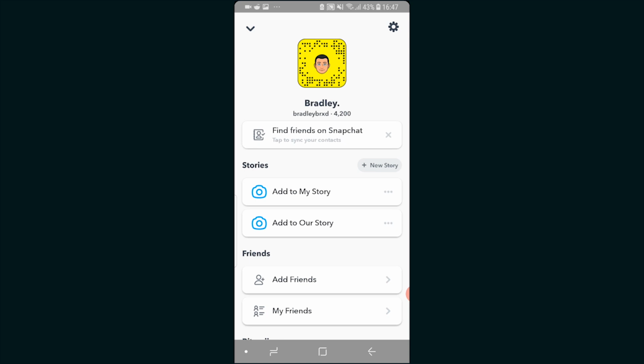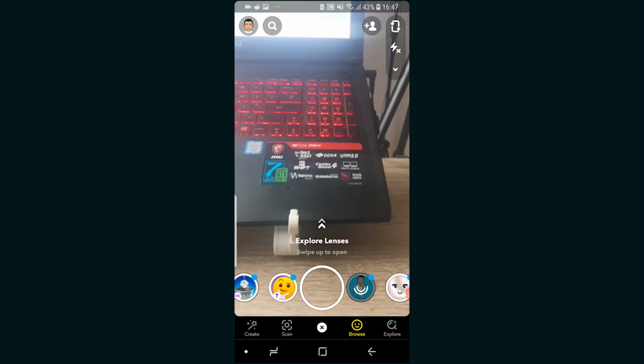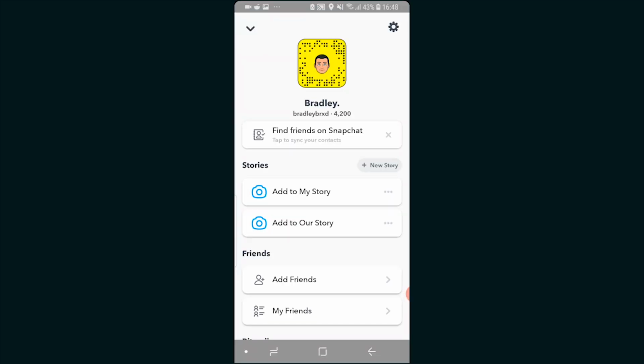So what you need to do is head over to this page here. Most of you probably know how to get here, but for those that don't, all you need to do is from your camera just click on your profile icon in the top left hand corner and then it will open up this page. You can see right now I've got a male Bitmoji and I'm going to change it to a female one. So first, to change it, what we actually need to do is go and delete the existing